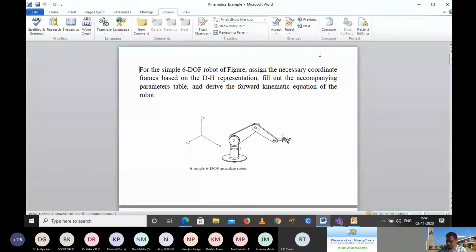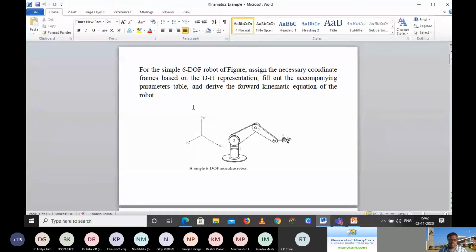Here also I'm facing some issues in the digital marker. A simple example I brought here actually. I will try it out; if it is working, it will be well and good. Otherwise, okay. So you can take a 6 degrees of freedom robot. This particular robot, we are going to see how to formulate the DH representation. So what are the things we have to do in this 6DOF articulated robot, we are going to see.